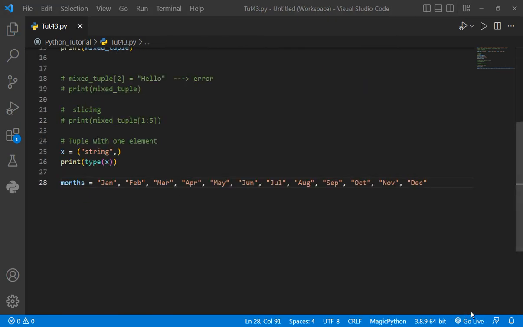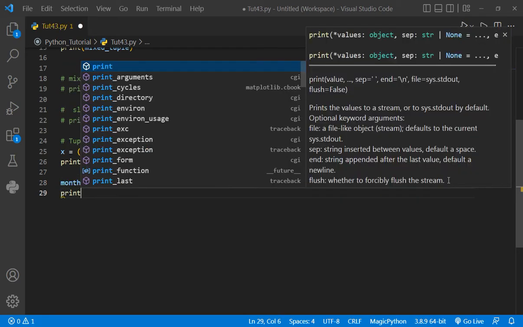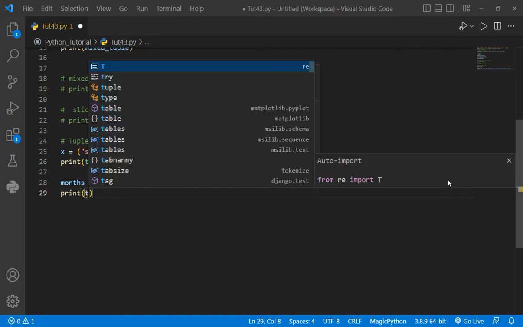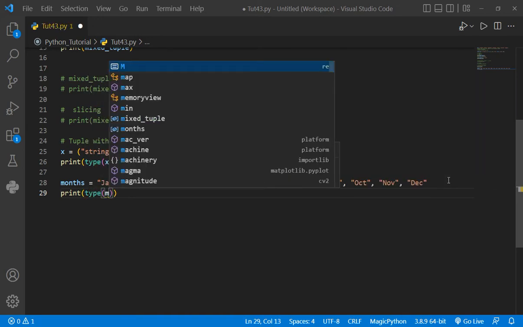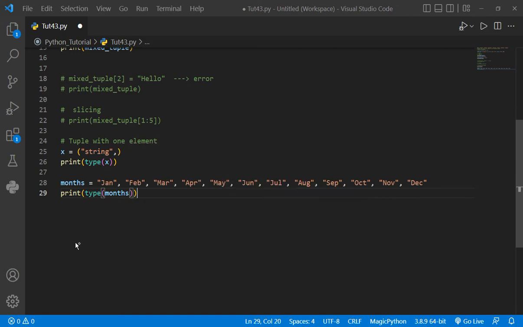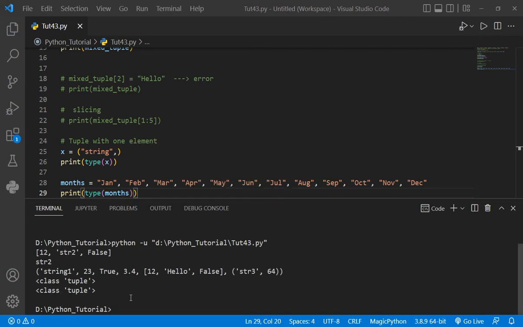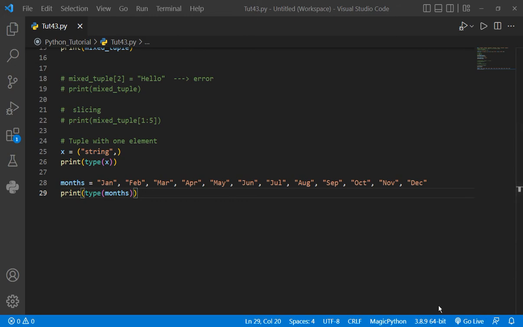Okay, so I write all the names here. Now what do you think, which data type is it? If I print the type of months, what do you think we will get? We will get a tuple. See, class tuple. So with this we conclude that without parentheses, by default our data will be in the form